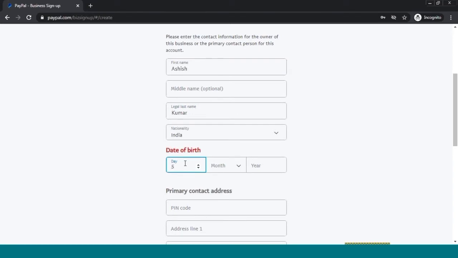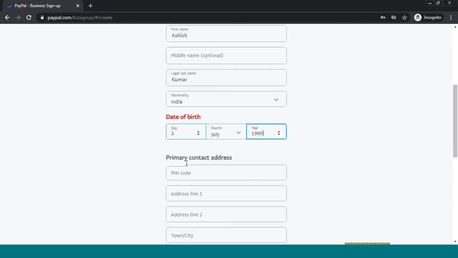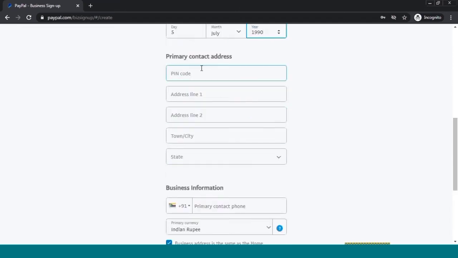So I am filling this form. Your primary address and your mobile number.